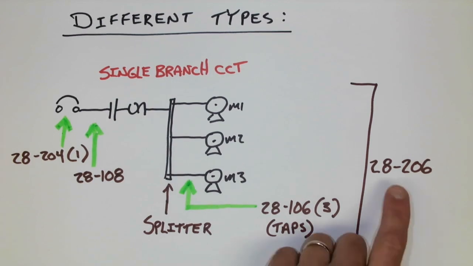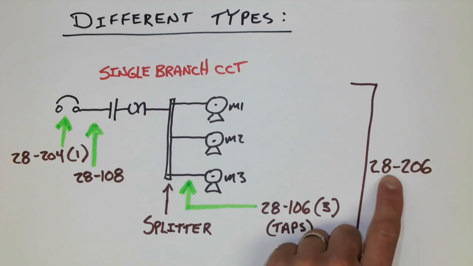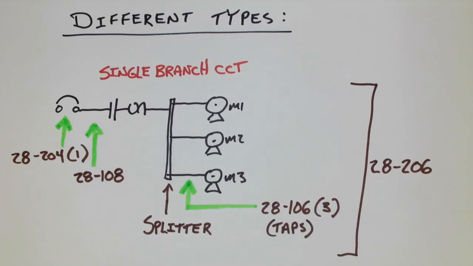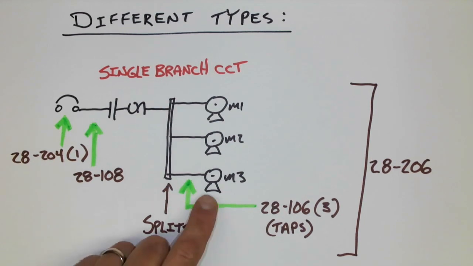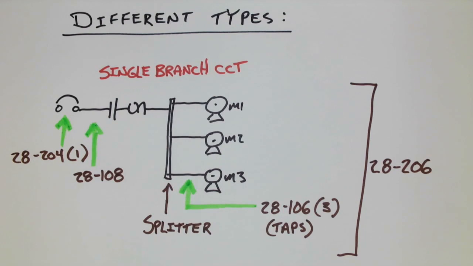Now, 28-206 covers the requirements for this because it's somewhat rare. 28-206 says, yes, you can do it, but there are some specific requirements that you must ensure are in place prior to doing any of these three rules. And the first item that you see, and what is most commonly applied in the industry, is a maximum overcurrent of 15 amps. So that means that this single branch circuit with multiple motors is usually relegated to very small motor loads, as well as small applications where we would need all three motors to come on at exactly the same time, which